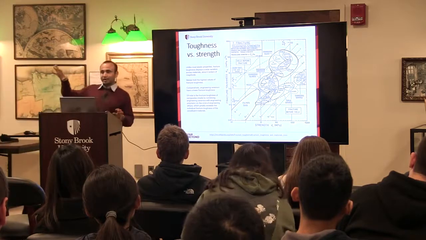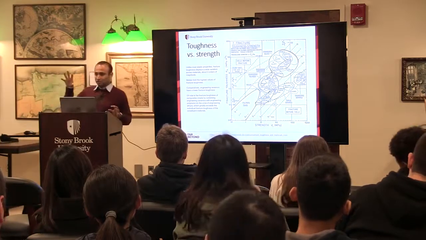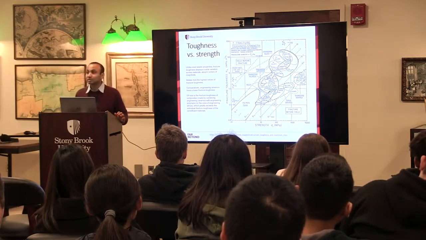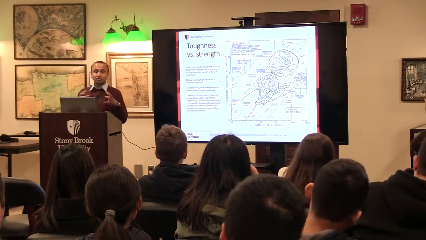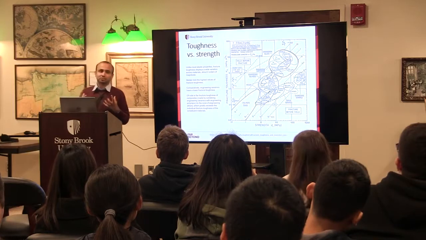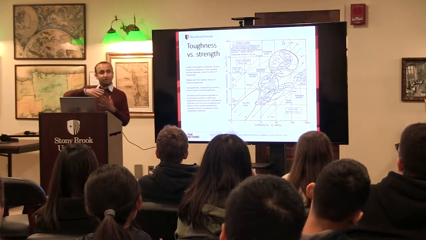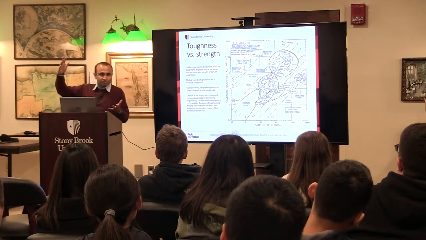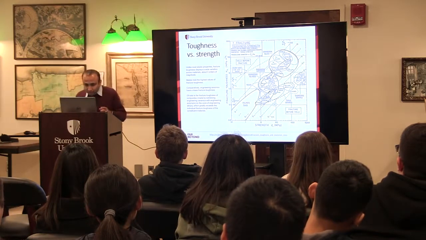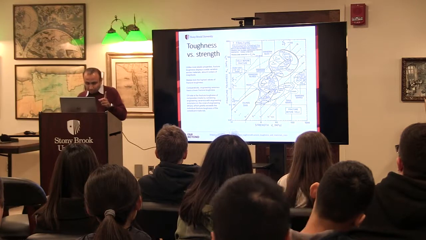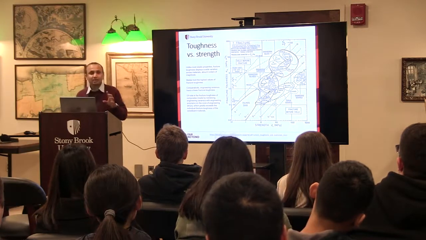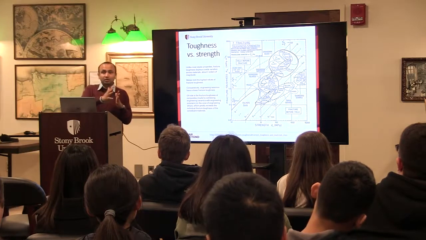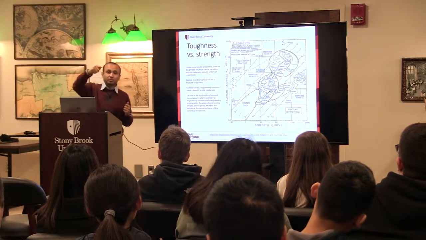The bottom right part of this chart shows materials which have high strength and low toughness. These include ceramics, which are very strong but brittle. So they need a very high force to break them, but they break easily once that force is applied. Materials on the top left part are some kind of polymers. They break at smaller values of load, but you have to stretch them to break them.